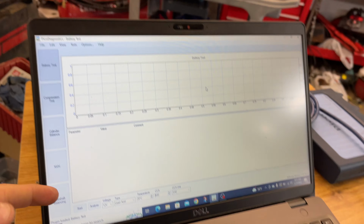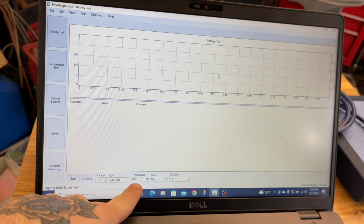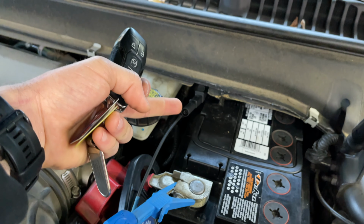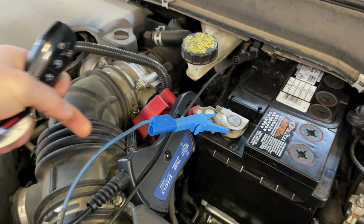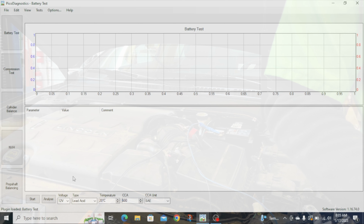You just click on the battery test there, and then down here you would put in your cold cranking amps, your unit. I don't really care about the temperature, and we're a 12-volt battery. This is a lead acid battery. And then as for connections, channel 1 is just battery positive and battery ground. And channel 2, I use the 2000 amp amp clamp. And we are just going to basically click the start button here, and it's going to want us